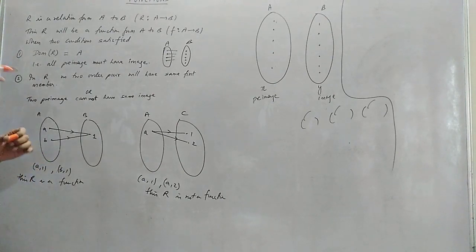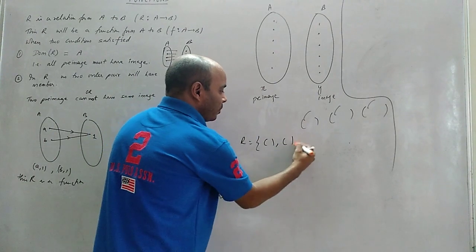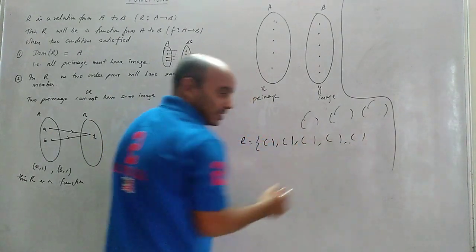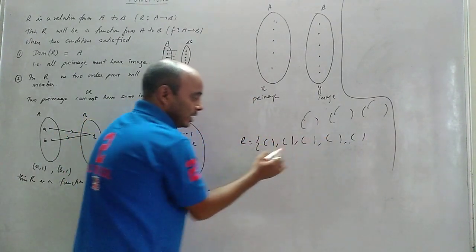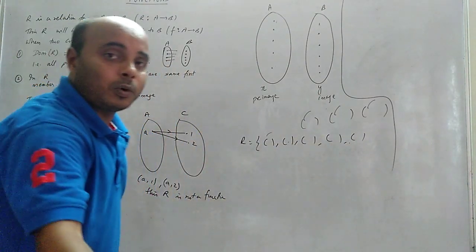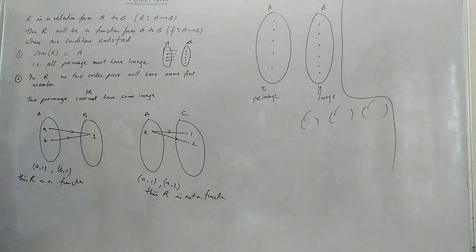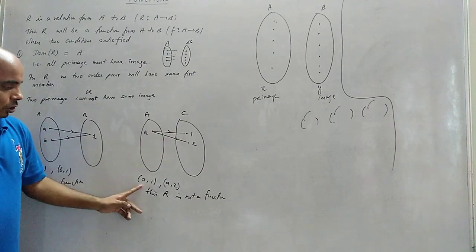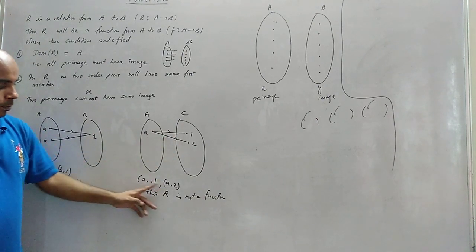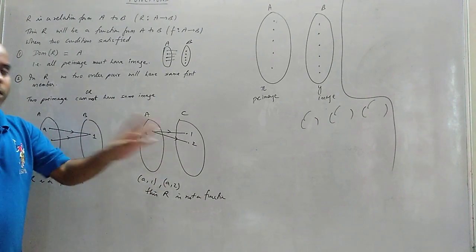So the R, जो भी R तुम्हारे पास लिखा होगा, वो R कैसा लिखा होगा? Braces के अंदर ordered pairs ऐसा लिखा होगा ना R? Class, you check all the ordered pairs. क्या first element किसी भी दो ordered pair का equal है? अगर equal हो गया, if they are equal, then that R is not a function. That is a relation. जैसे याद है, A comma 1, A comma 2. In those two ordered pairs, the first element in both the ordered pairs is the same. That means this relation is not a function.